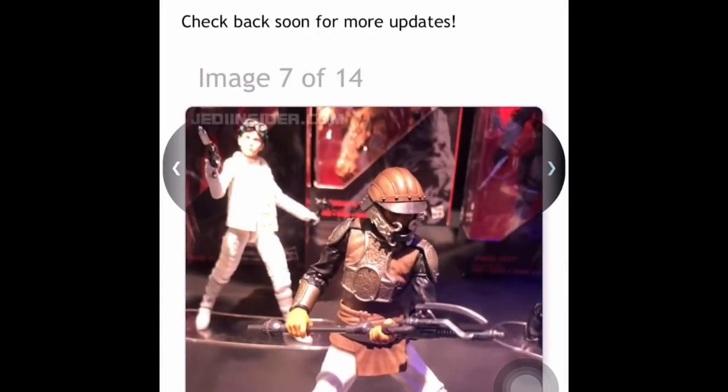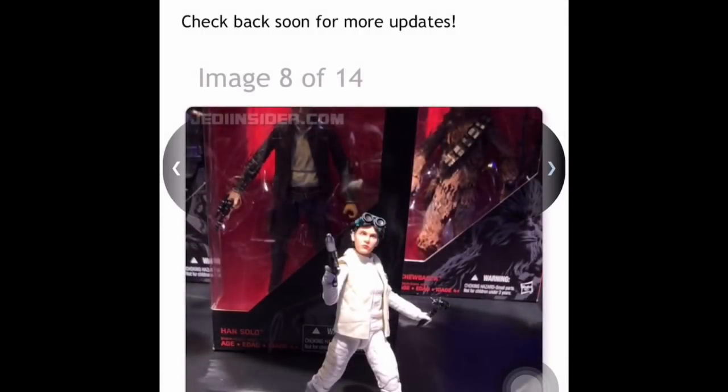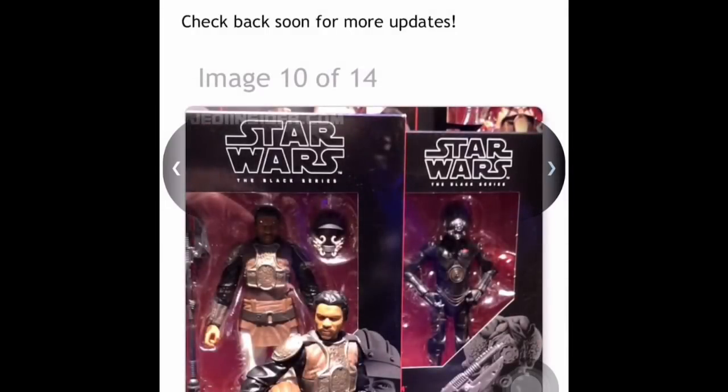Wow. We got Lando. Is this the Black Series? It looks like the 6-inch scale one. Yep, there's six Black Series boxes behind him. Wow, and look at that Leia. With these new releases, I'm probably just gonna keep Lando and Leia. Dengar looks great, but I'm probably not going to review it and get rid of it, or probably not get it at all. I'm streamlining